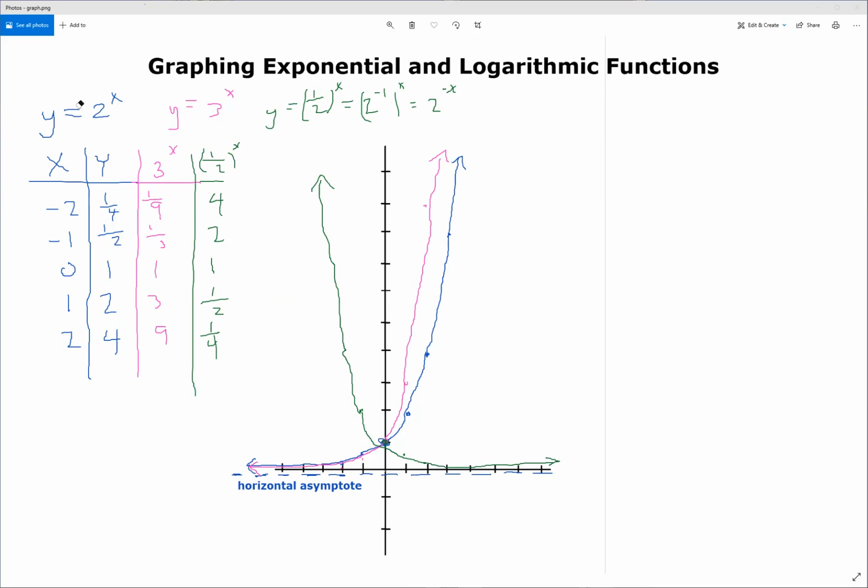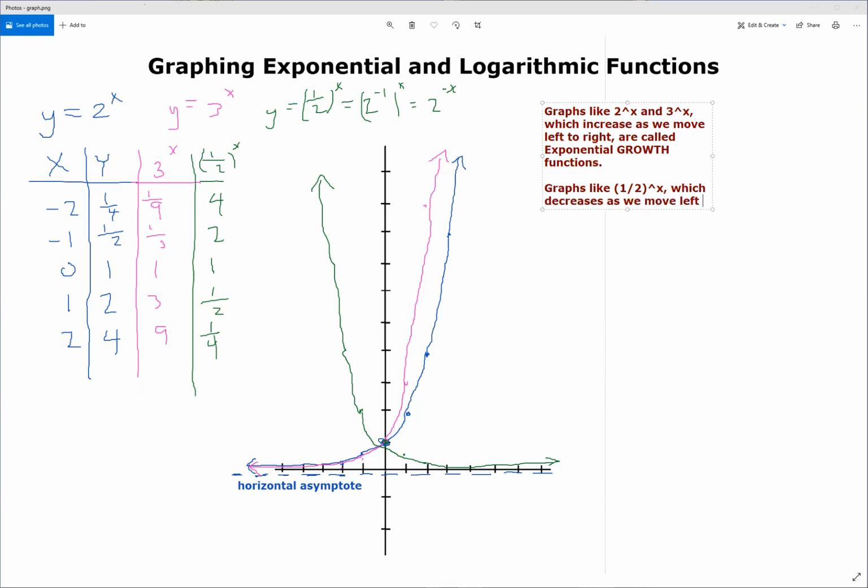So I'm going to flush all this in a second, but first I realize there's one important point I have to make here. Graphs like 2 to the x and 3 to the x, which increase as we move left to right, are called exponential growth functions, which it isn't hard to see why. Graphs like 1/2 to the x, which decreases as we move left to right, is called an exponential